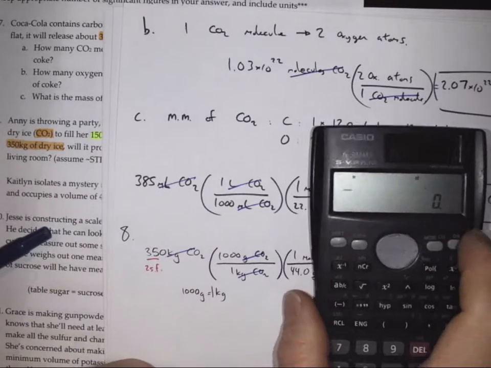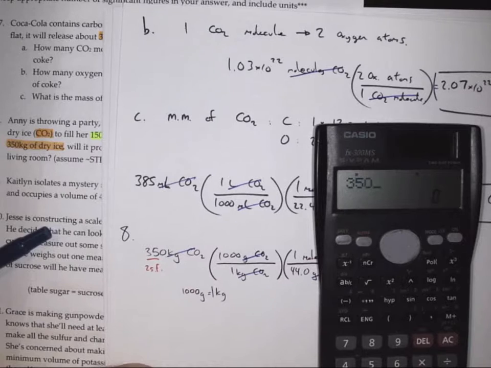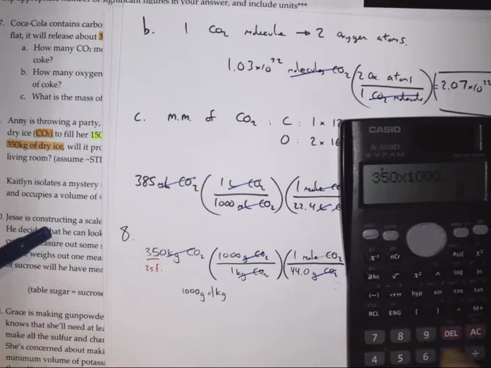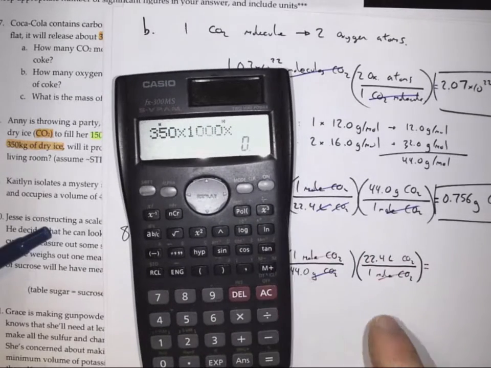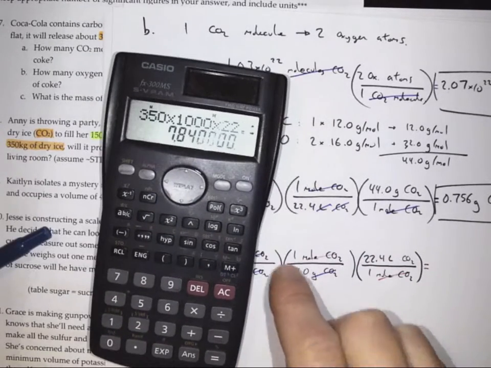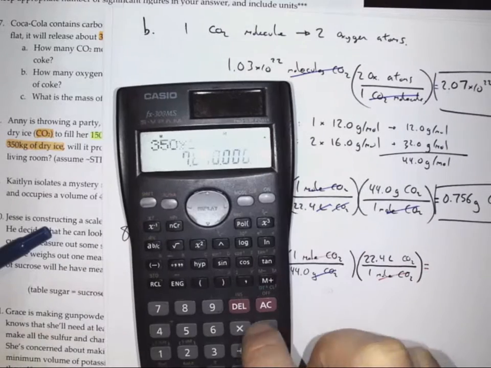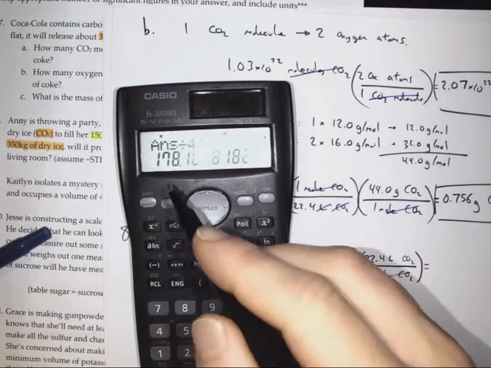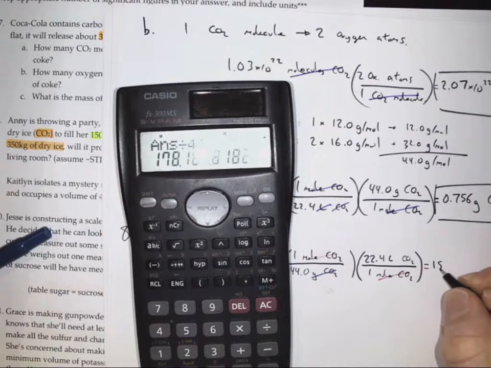So we'll just grab a calculator here and just punch this in. 350 times 1,000 times 1, which I won't bother typing in, times 22.4. And then I'll make sure to divide by that molar mass, divide by 44. And so we get a volume of, it looks like 180,000 liters